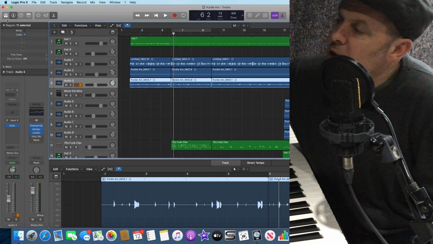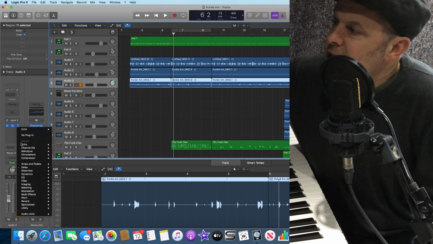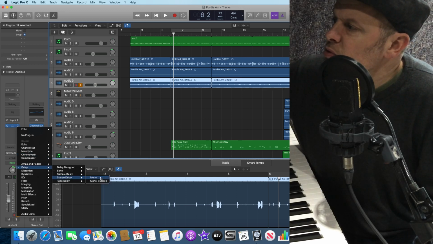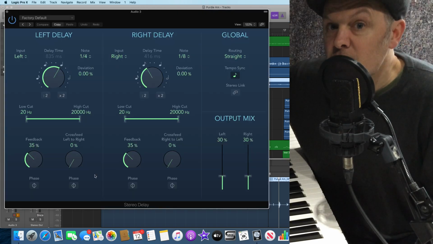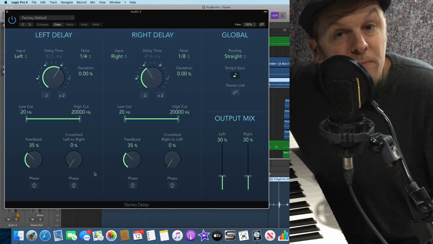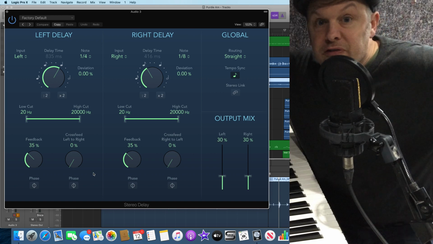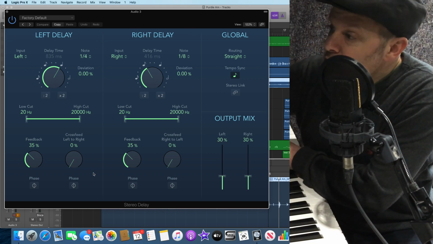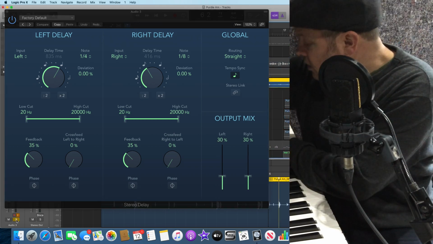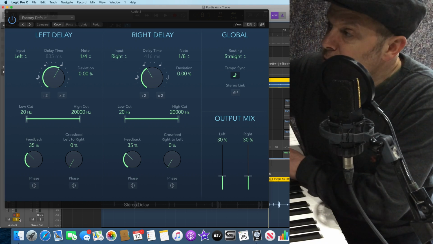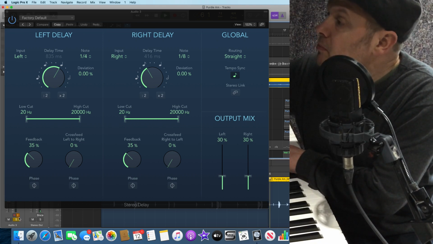So that's what I'm going to do now. I'm going to go and find a delay instead. Let's have stereo delay. Yeah, let's have a mono to stereo delay. Now, this is because I've got a mono sound, I've got guitar. Maybe I want to fling it around the stereo image a bit. So I'm just going to solo that guitar. I said don't spend too much time in solo, but for the purposes of this demo,